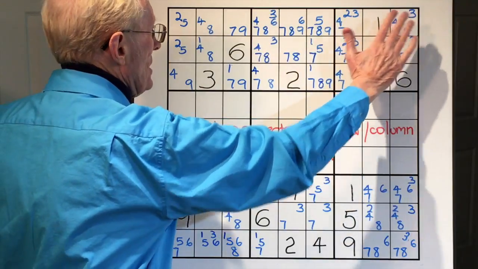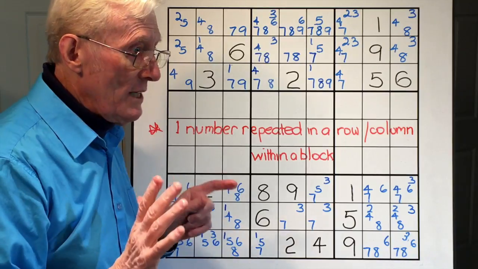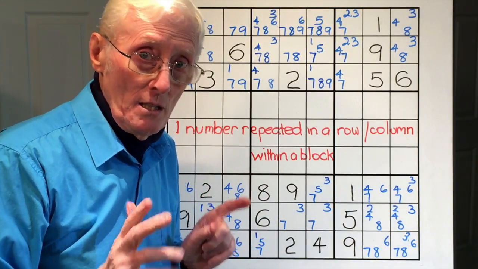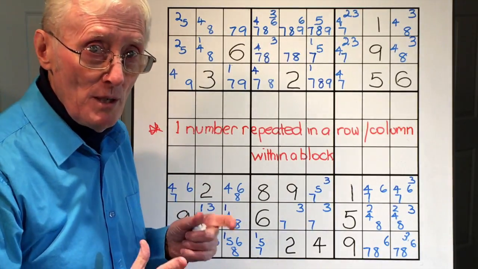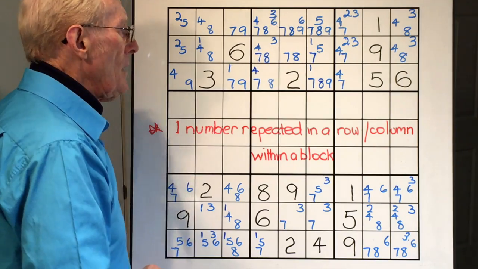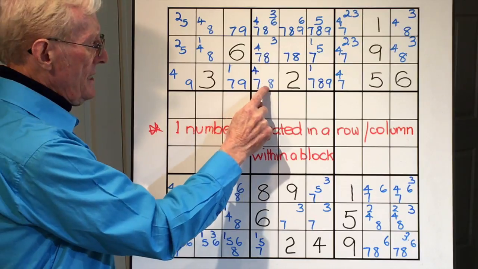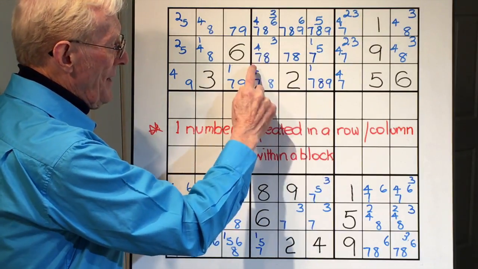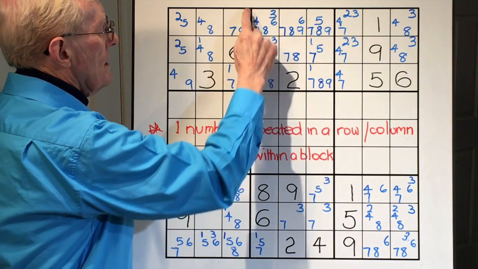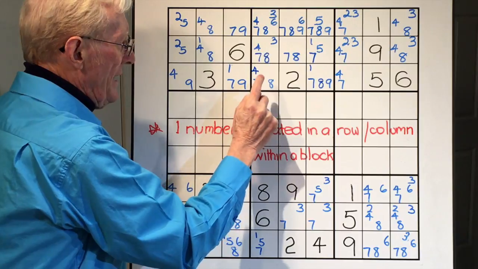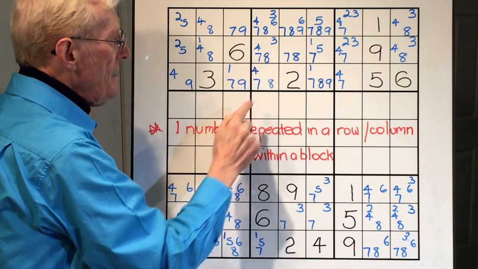We're going to do this one first, and this time I'm going to be doing rows, not columns. I've done one tutorial before when we actually did one in a column, and I want to just revise this again because some people are a little bit confused. Here we go. If you look at this row here, you will notice that there is an 8 here and an 8 here, but they're both in a block. If they're in a block and they are the only places an 8 can go in this whole row, then